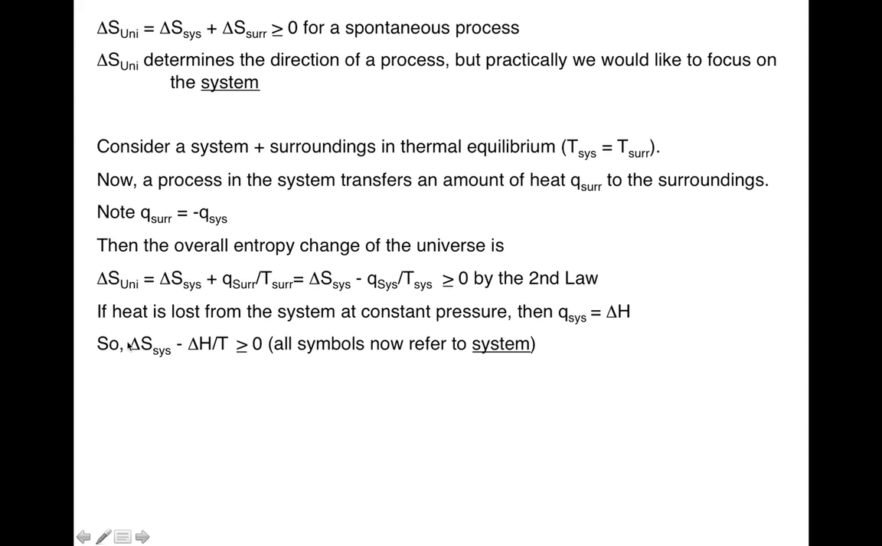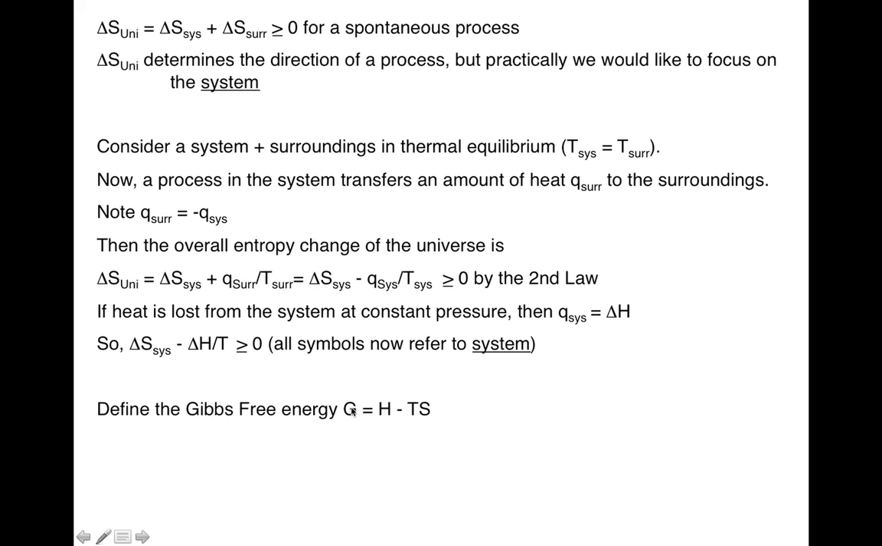So delta S system minus Q system divided by T is delta H over T, and that has to be greater than 0. That's the second law. Okay, so now everything has been described in terms of the system, and we define the